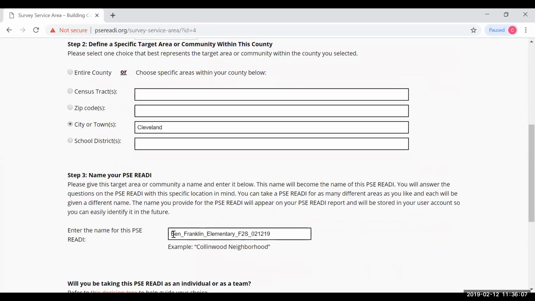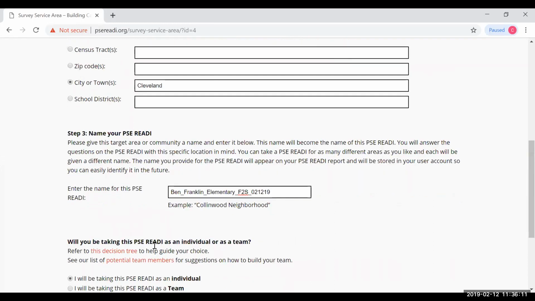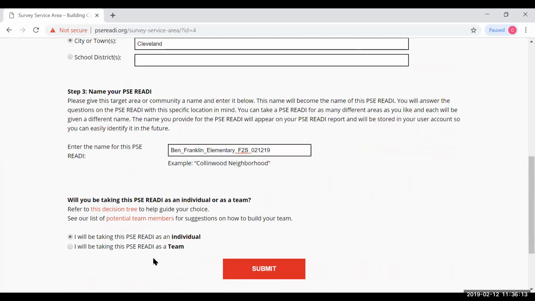We also suggest you putting the date as well. So as we mentioned before, everyone doing PSE Ready work is going to be in a different place in their projects. And as PSE journeys are all different, sometimes you start a project on your own and then decide to collaborate with other people. So pscready.org allows you to decide whether you want to take your assessment as an individual